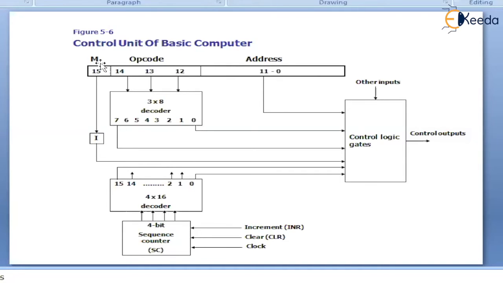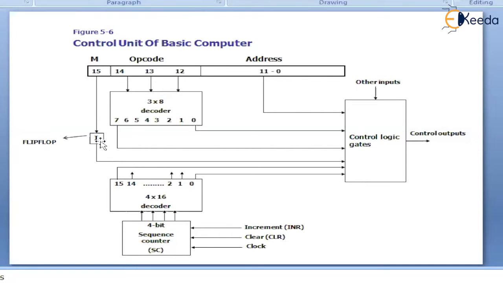So for that reason, we need to use another decoder for the mode digit. But the mode digit is only a single digit. For 1 digit, we do not have a decoder at all. Rather, stay focused, I will use a flip-flop. What is a flip-flop?